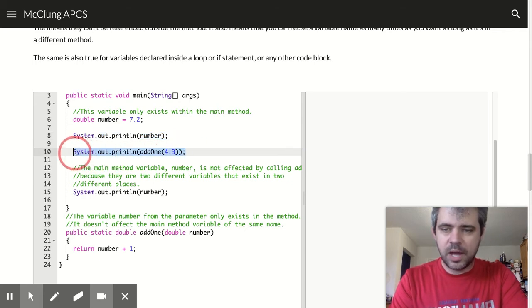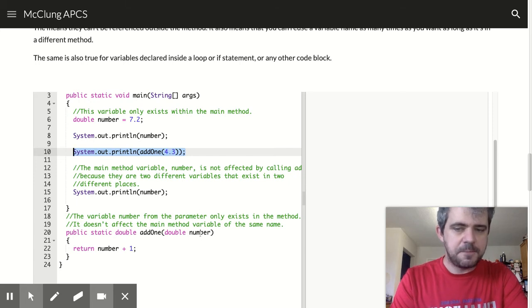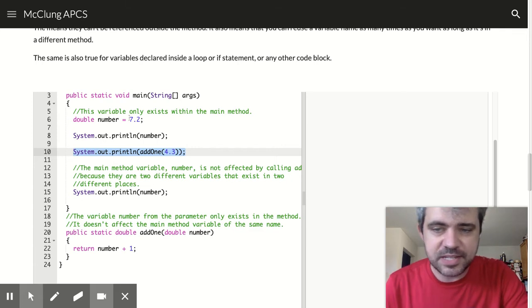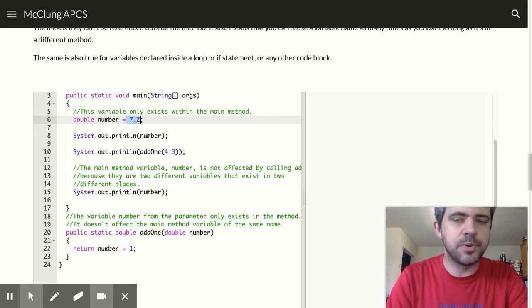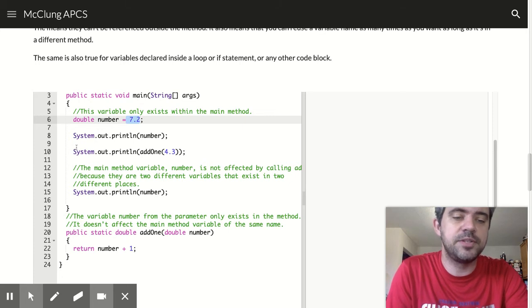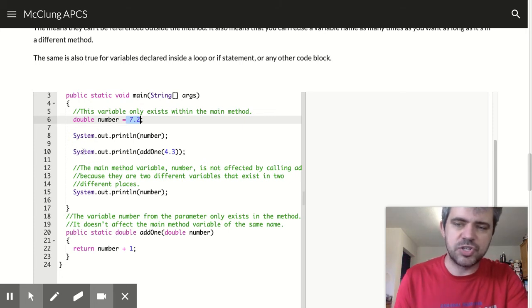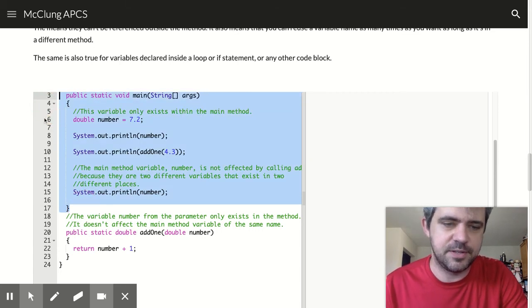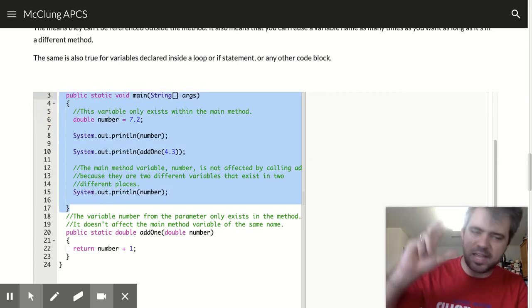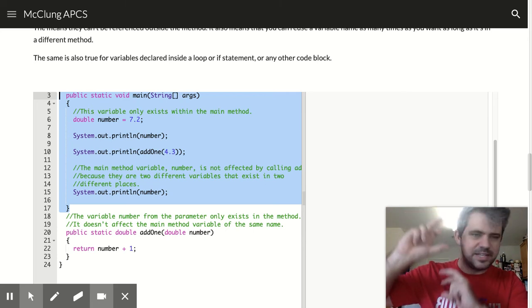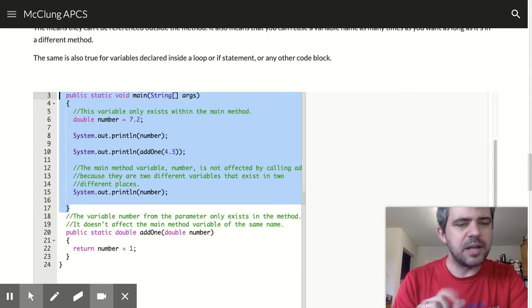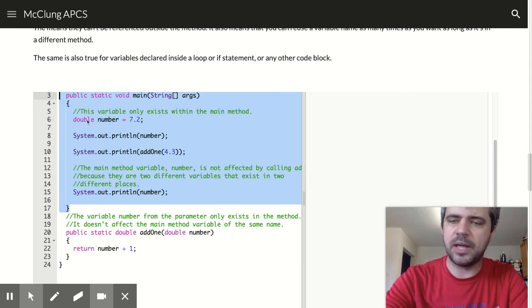Well, when I call this add 1 4.3, and then it looks for the value of number, it doesn't say, oh, well, we said that number already exists, and it's 7.2. It doesn't do that because the scope of this variable is only within this block of text. Those little braces kind of say everything that's here stays in here. We'll talk about some stuff that's a little different than that, but